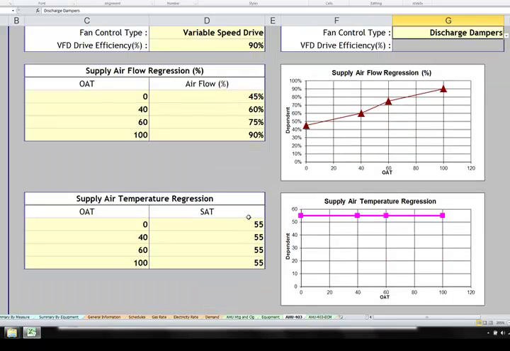Now we need to enter 4 points to describe the supply fan airflow over a range of outside air temperatures here. These regression points, which we're going to input, were developed in the regressions tutorial, which explains how to determine what points should be used. And let's see, from that we'll use the values 50 degrees outside air temperature,